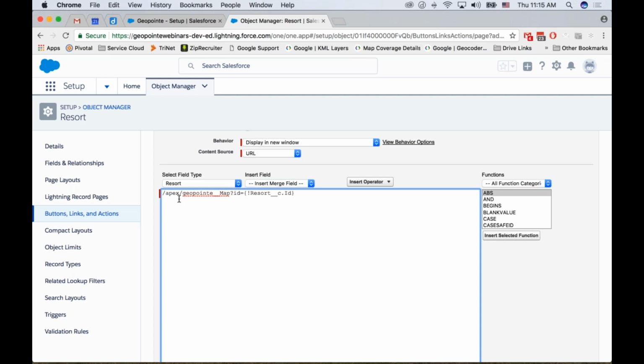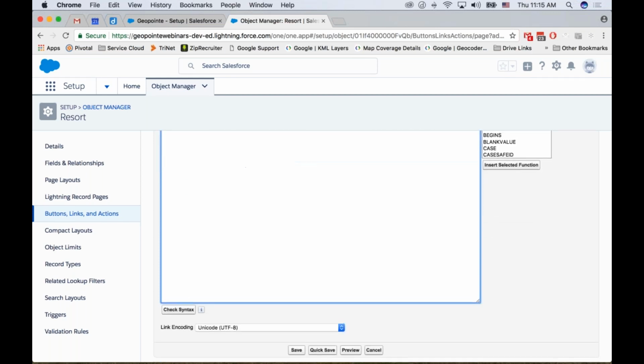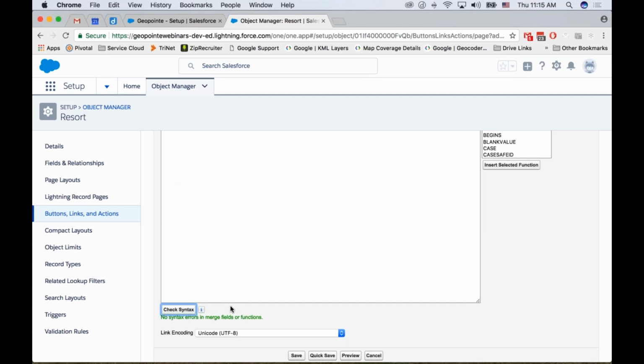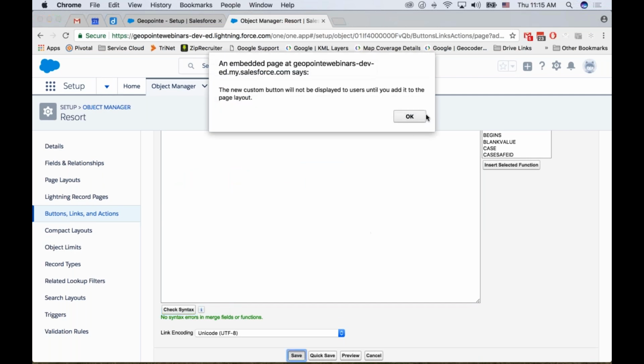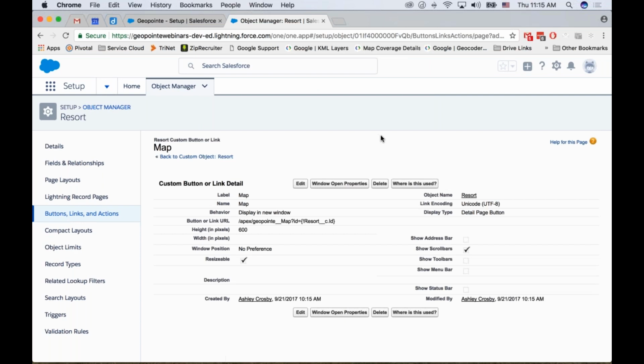So there it is. It's going to go to the map, and it's going to be centered on the resort I'm currently looking at. And that's it. That's all you need to do for the map button. Give the syntax a quick check. Looks good. And save. Okay, Classic users, if you did keep it at display in a new window, and you are like me and you use Chrome and you would rather it be opening in a new tab, what you can do is you can edit window